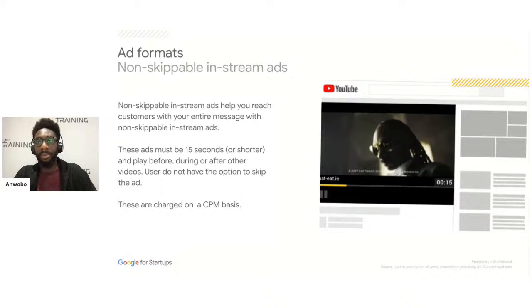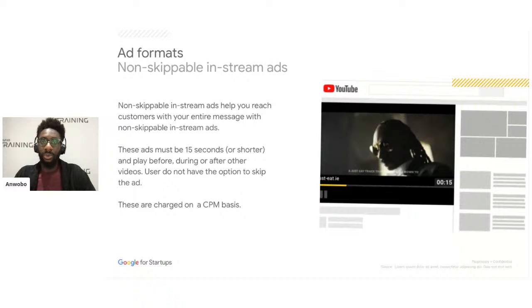As a user, maybe you don't like them so much because you don't even get the option to skip past the ad and continue watching the video that you originally selected, because you have to watch this ad in its entirety. As an advertiser, they are great because the user must watch the entire thing. So if you want to provide a message in its entirety, this is the ad format that's going to allow you to do so. Users don't have the chance to skip.